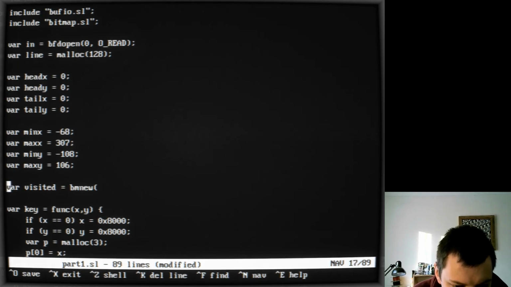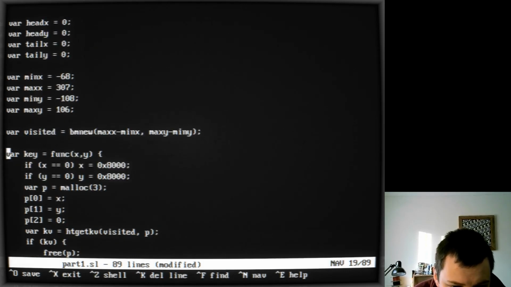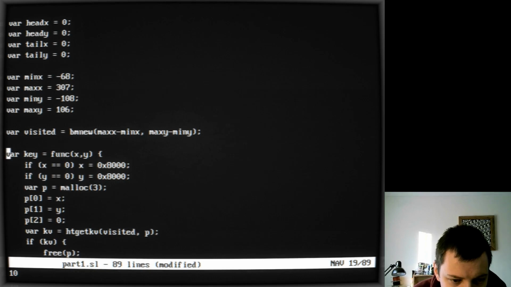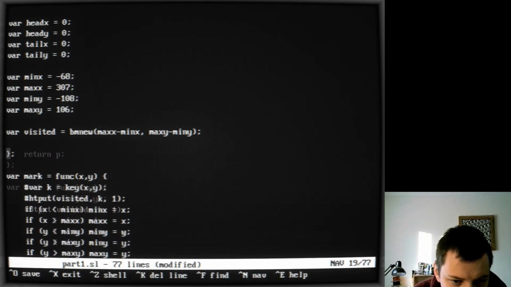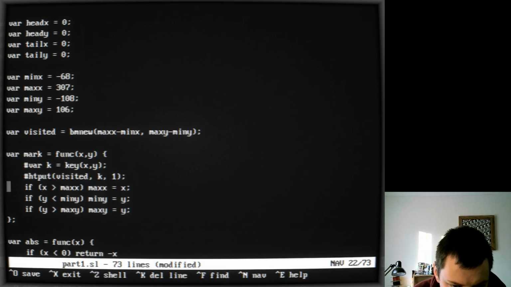Okay, so I expect it just wants a width and a height. Mark. So to mark a square, we simply